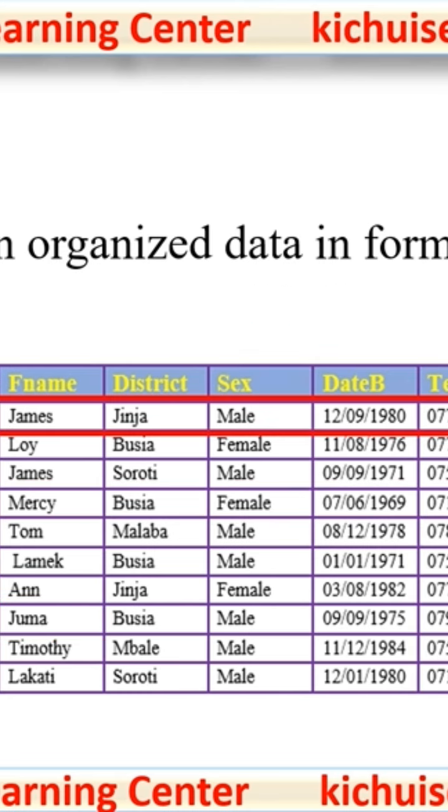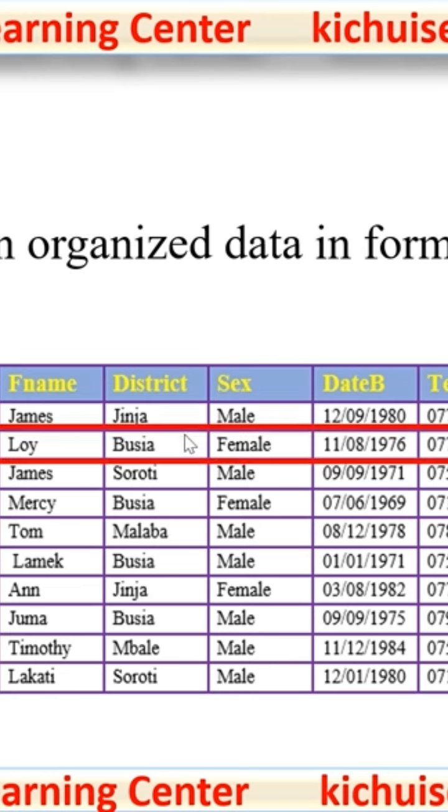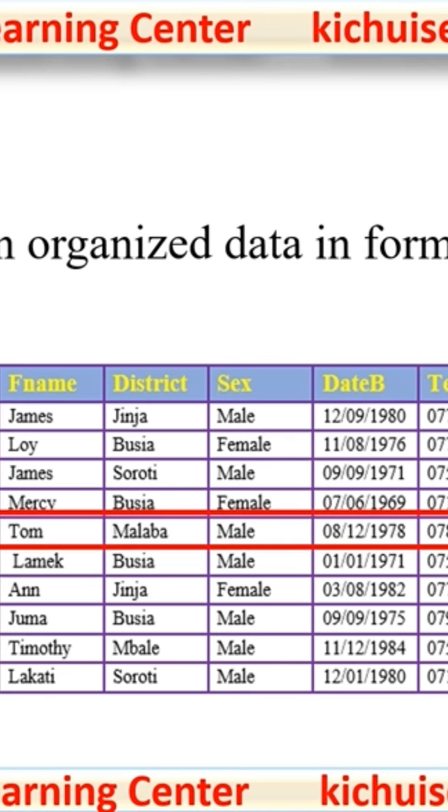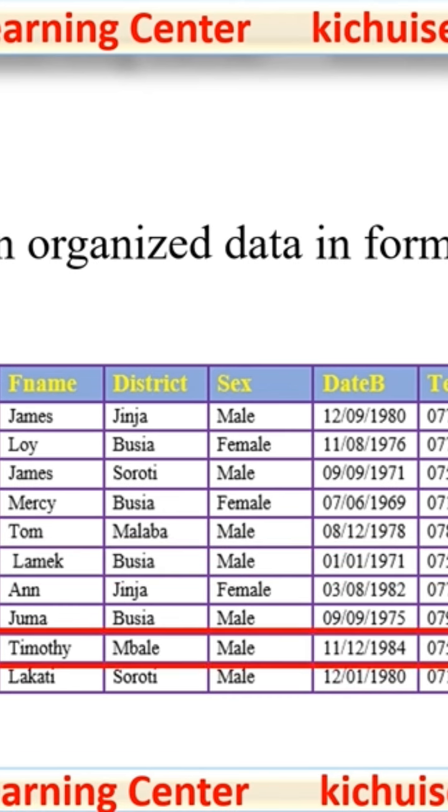Then you also need to know what the rows are. So for instance, if I am to count the rows here, this is another skill to understand what the rows are within here. Here we have the first row, 2, 3, 4, 5, 6, 7, 8, 9, 10. It means what we